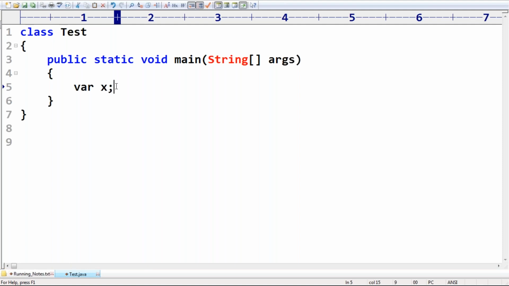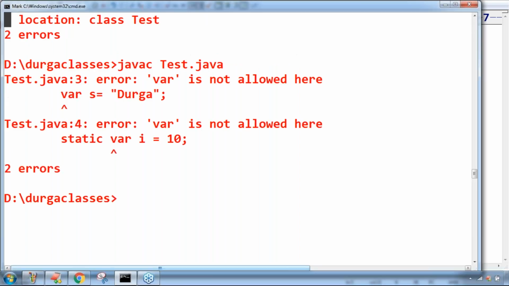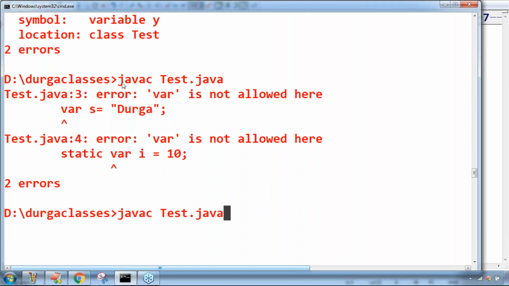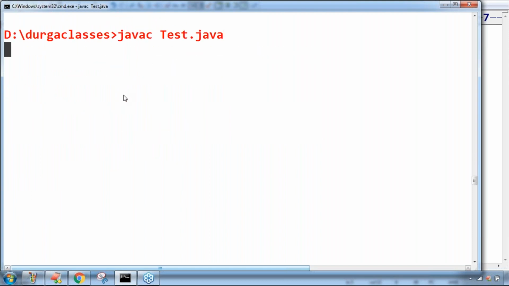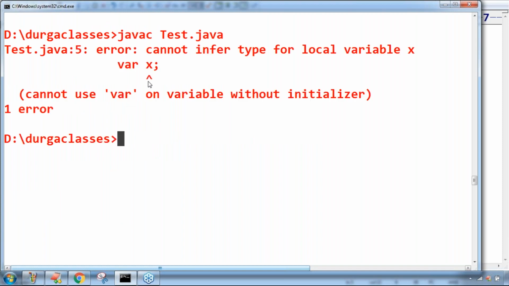So if you are not performing initialization for a local variable, then we can't use var. For uninitialized local variables, we can't use var. Remember this one. By mistake, if I write like this, immediately you are going to get an error. Now have a look once. Observe: cannot infer type for local variable x. Cannot use var on a variable without initializer. Directly it's going to tell.